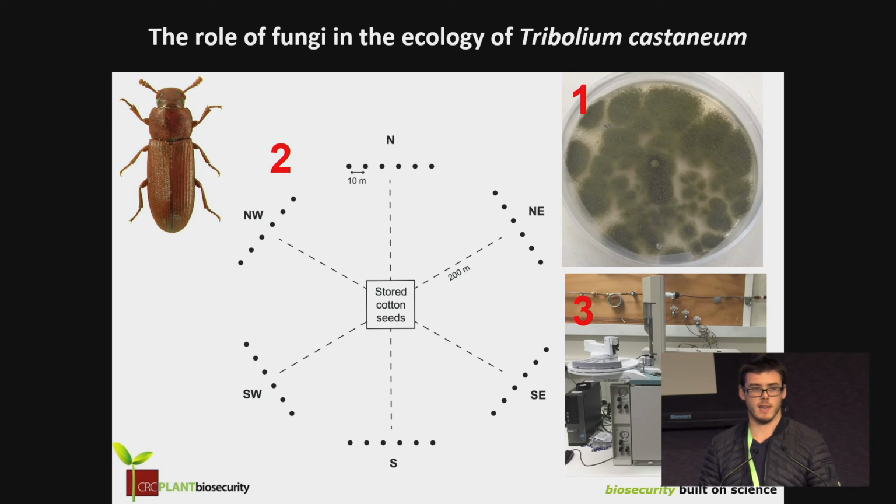We then moved on to looking at what specific volatiles each of those fungal species produce. The idea here is that once you ID the volatiles, perhaps you can up the concentration and look at making a lure or some sort of repellent agent. And that's why I went to number 3 here, which is where we took those fungal species and looked at their volatiles using gas chromatography and mass spectrometry machines,